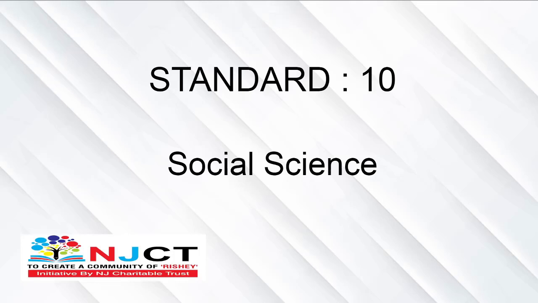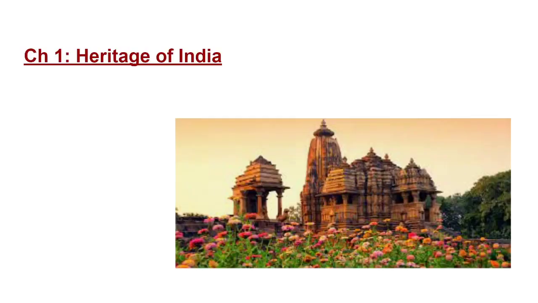We are learning social science of 10th standard and we have started with the first chapter. In the previous video we talked about natural heritage of India. Landscape, rivers, streams, oceans, wildlife, vegetation are some examples of natural heritage. Now in this video we will talk about